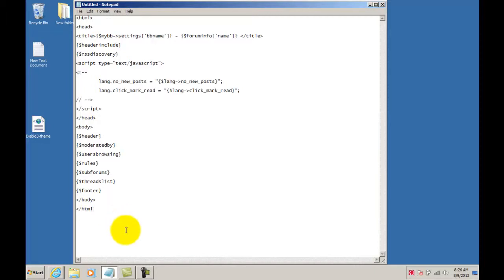A lot of people don't understand why they have to have a closing tag here, because in order for it to work properly, you have to close it off properly. HTML works in this type of code, so it has to be able to understand what you're trying to tell it to do. You're probably thinking, why can't I just put HTML like this? Why wouldn't it work like that? Well, it's because typical